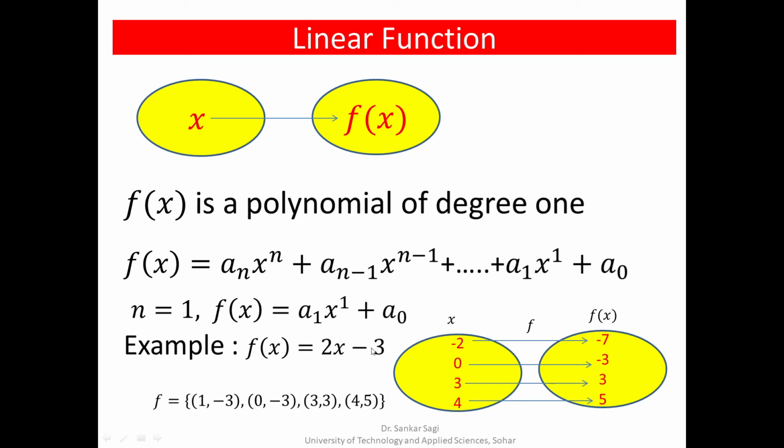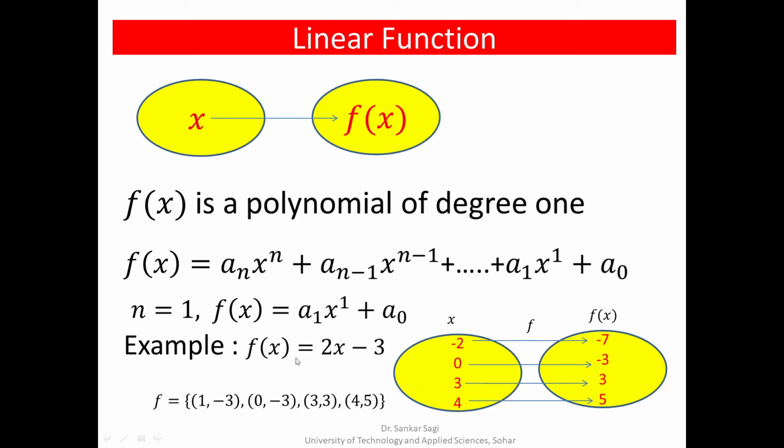For various values in the domain, under this linear function, you can find the images. The domain values are represented by x, and the images are nothing but f(x). Here f(x) = 2x - 3 is linear, which contains x terms. If you put x = -2, f(-2) is 2 times -2, that is -4, and -3, that will be -7. So -2 will be mapped to -7. And if we put x = 0, f(0) will be 2 times 0 is 0, 0 minus 3 is -3. That means 0 will be mapped to -3.